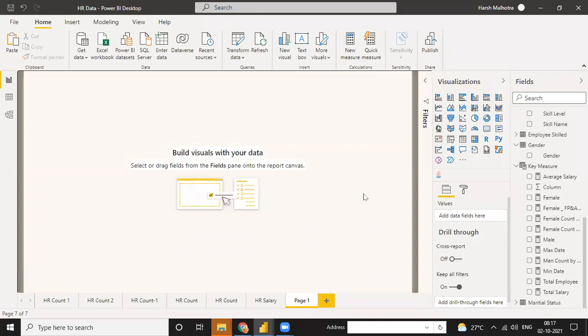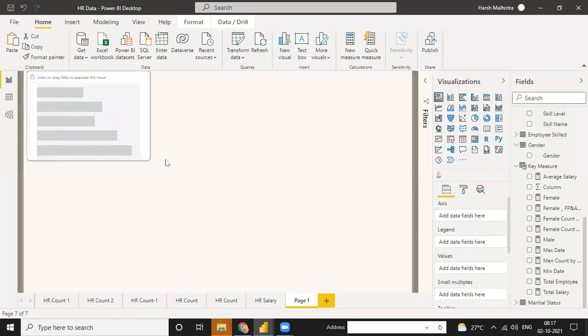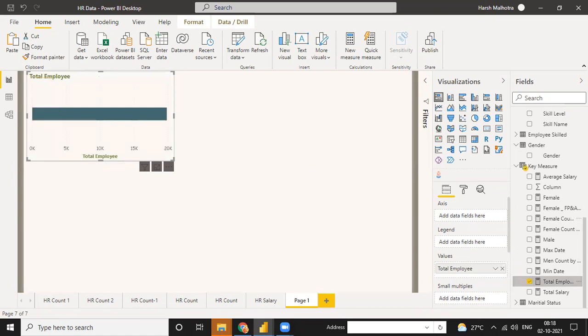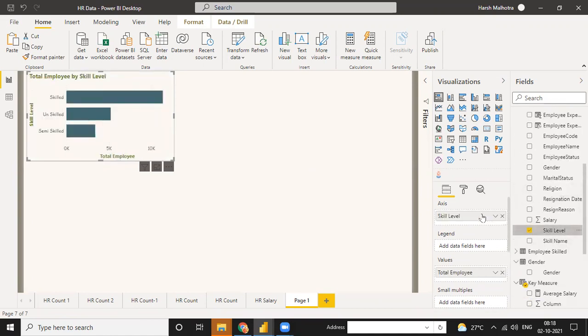Right now I need salary. Suppose gender is done and tabular presentation is done. Now I need salary by skill level. For skill level, I can use a pie chart or bar chart, and we have a total of 3 skill values. You can put employee and skill level on the x-axis.